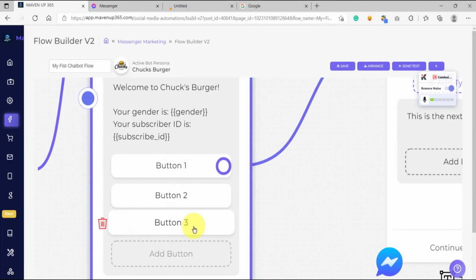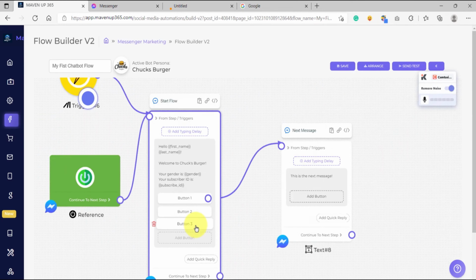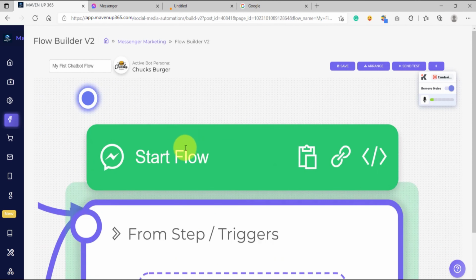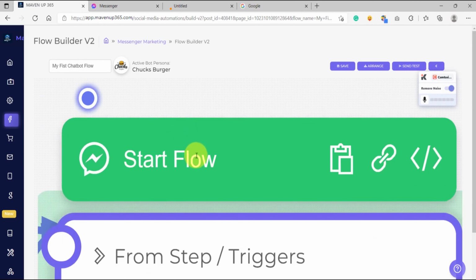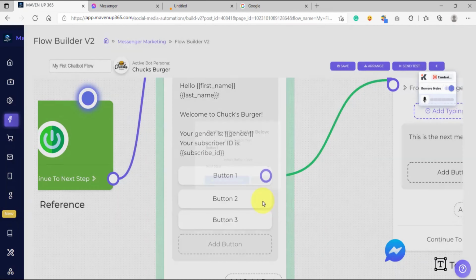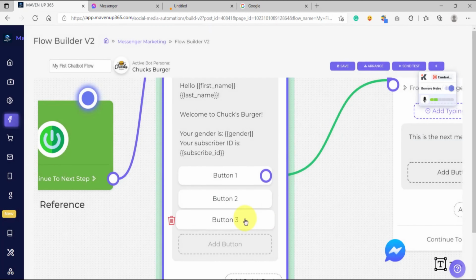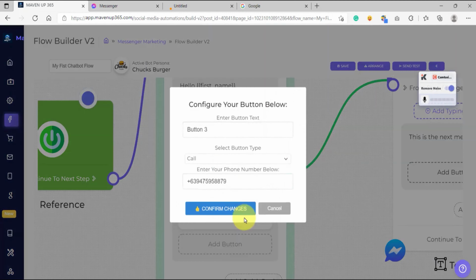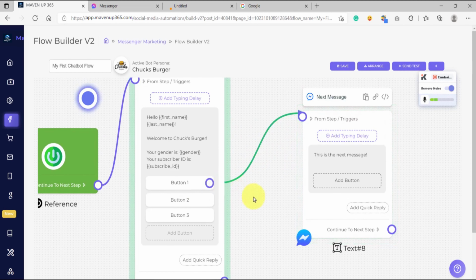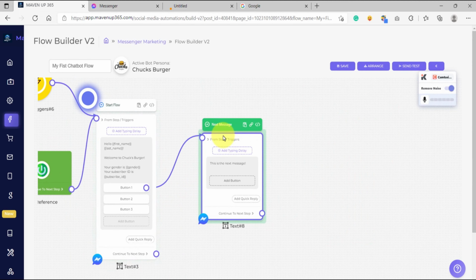All right, so that's it for this lesson. Let's recap what we have learned in this video. We have learned how to configure the label of each flow, and then we have learned how to use the variables, and we have learned how to add a button, and we learned that we can only add up to 3 buttons. We learned how to use the next step button, the web URL button, and the call button. And lastly, we have learned how to connect one element to another by using the next step button and then adding the connection here. In the next video, we are going to build on what we have discussed